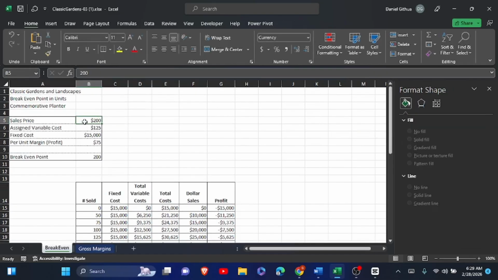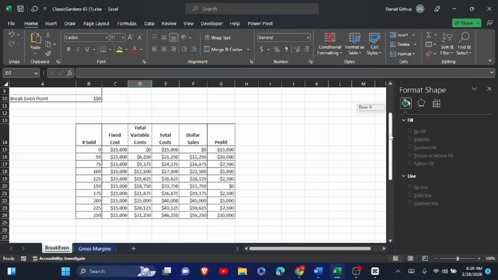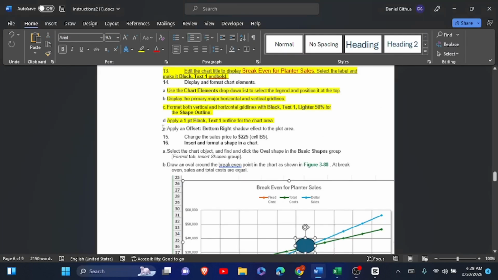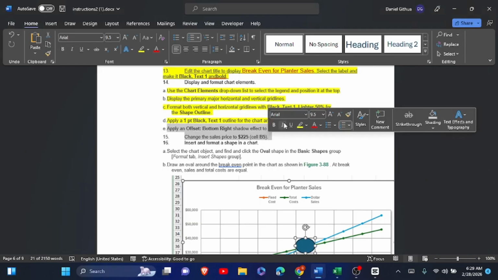Change this one to 225, type 2225 there. And with that, there are some changes. So make sure you have typed 225. So we have done this type. We have applied this one. In step 15, I've changed the cells to